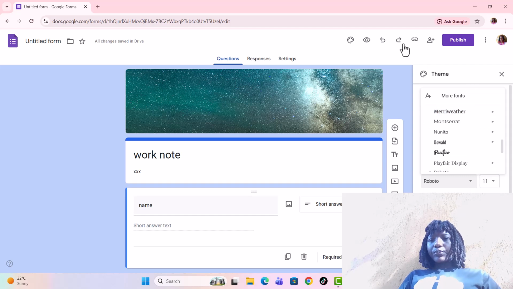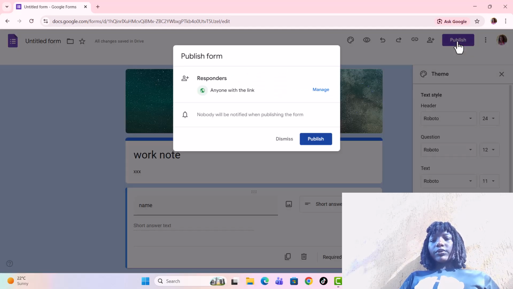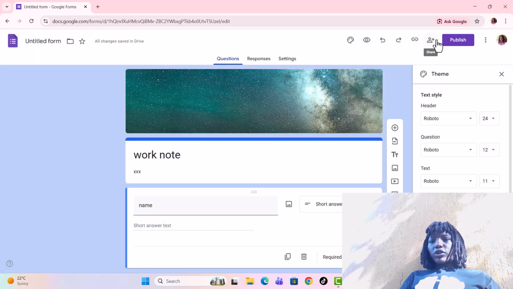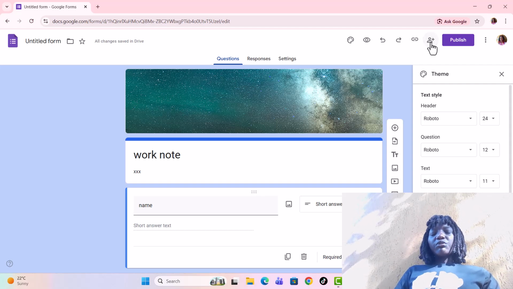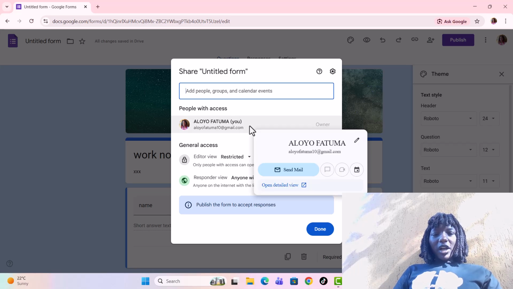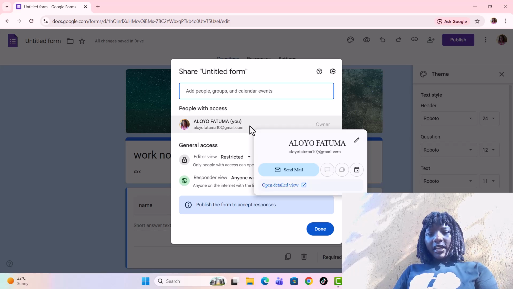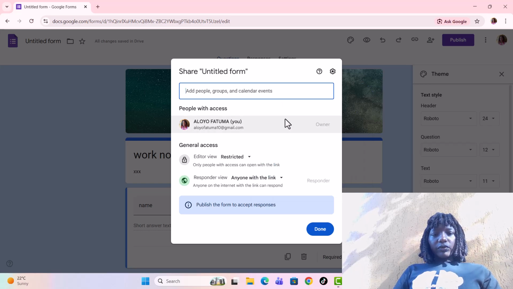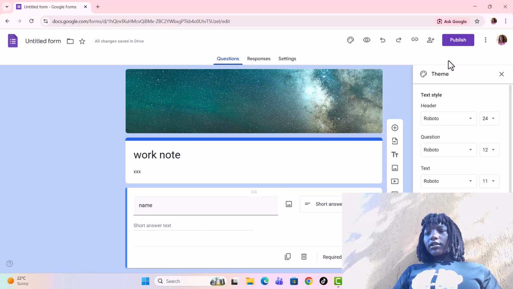Then you can publish. Now when you're publishing, you decide how to send it. You can share it to a group of people from here, or you can just send it to one person. You create your email here. Just create an email and then you send. Or you can publish from the accepted recipient. So you can just choose from there to send to